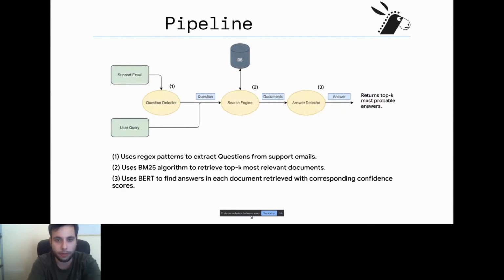Now, the pipeline, a very basic pipeline. As you can see, I chose an information retrieval sort of retriever-detector sort of pipeline. There are other paradigms like pure knowledge-based or hybrid approaches, but they did not apply in my project. We can see that an email, a support email, or a user query comes in as input. If the input is an email, we use the question detector module to extract the actual question being asked in the body, since not all of the email is a question. Or if the input is a user